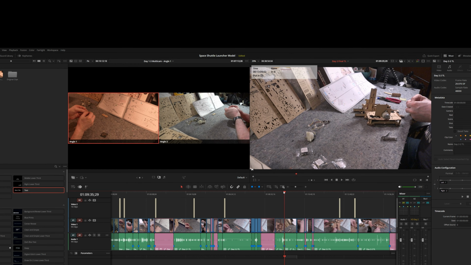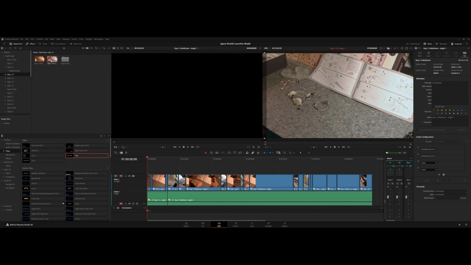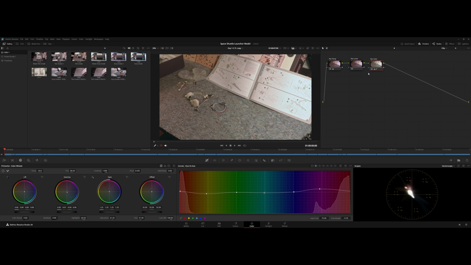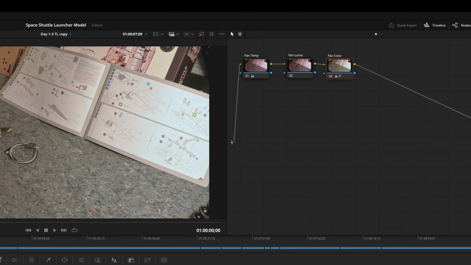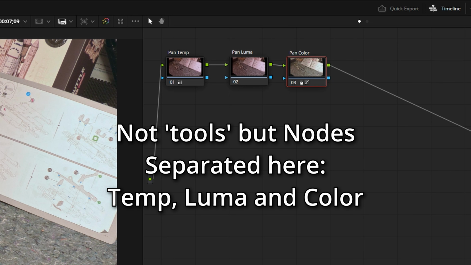What else did I want to show? Oh yeah. Let's go into the color page real quick. Change timelines. Okay. Go to single frame or single viewer. And then in the color window, you'll see that there were some tools that I used to try to correct the Panasonic image,